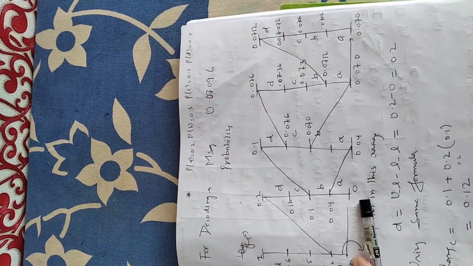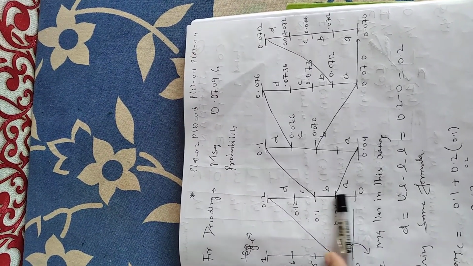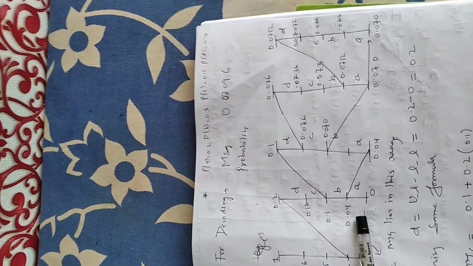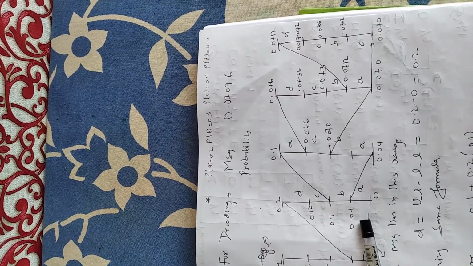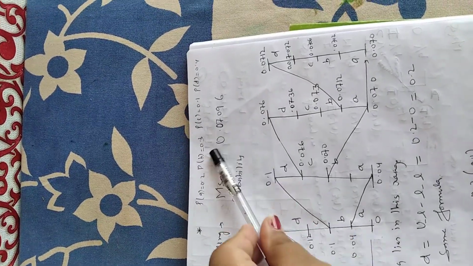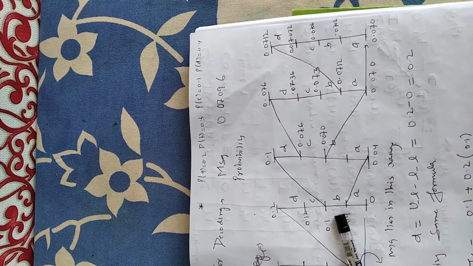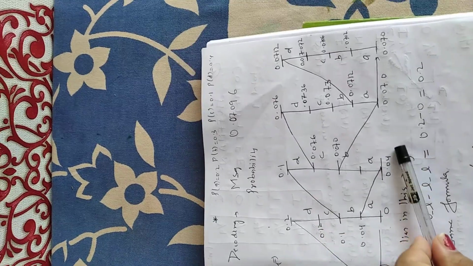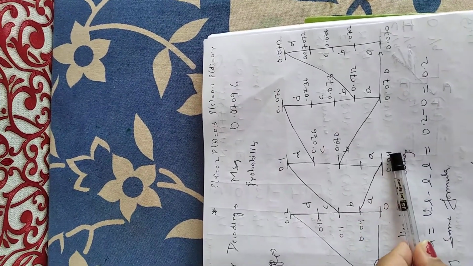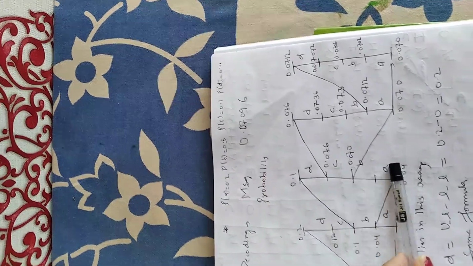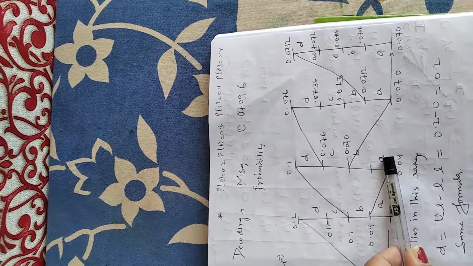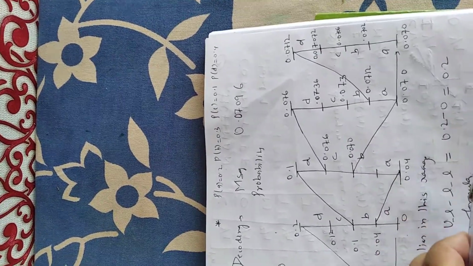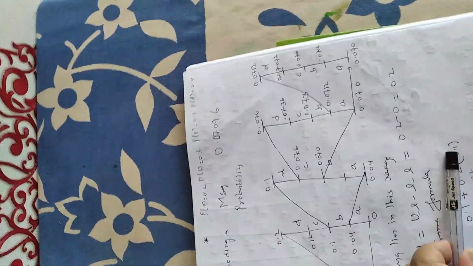Again using the same formula for finding the range of value, you will find the values of all the characters for this step. Then we will check this value lies within which range. As you can see, 0.07096 lies within this range. So we will explore this range. So we come to this step. Again calculate D and find the range of all the characters. We will check where this value lies. We will keep repeating this process until we are as close as possible to the encoded message value.